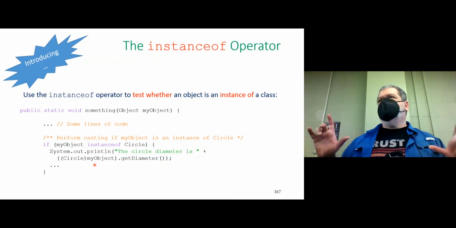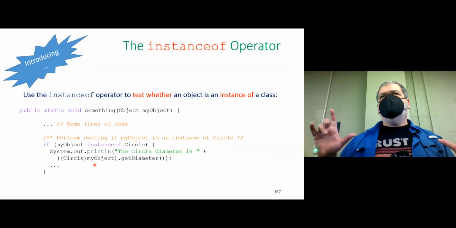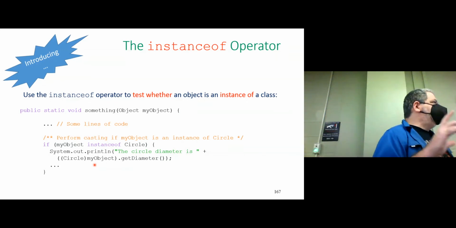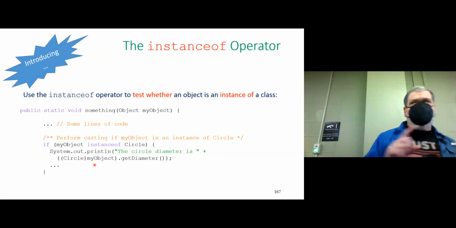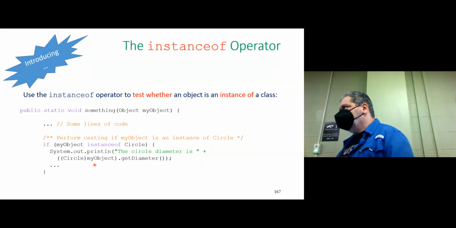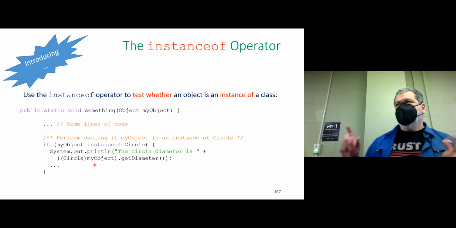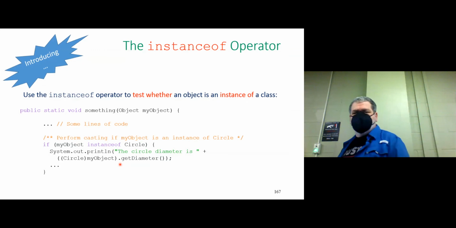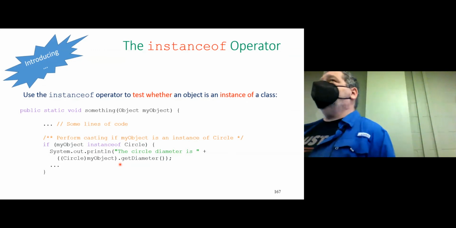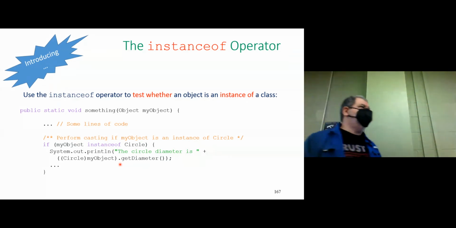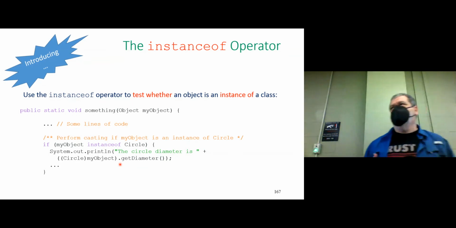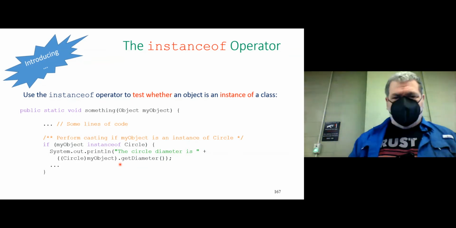Circle between parentheses, that's the notation for casting, typecasting, okay? It's downcasting because I'm moving from a reference to an object to a reference to a circle. So explicit downcasting. And once I converted this reference, I use it to access getDiameter, which is actually a method that exists in the subclass circle, but doesn't exist in the superclass object. So remember,